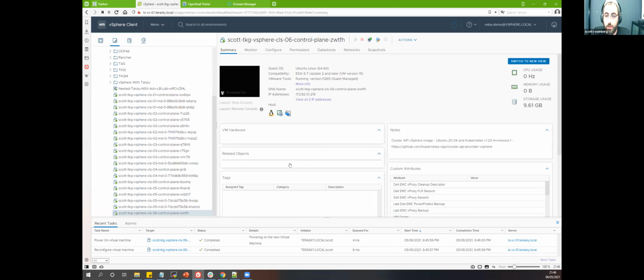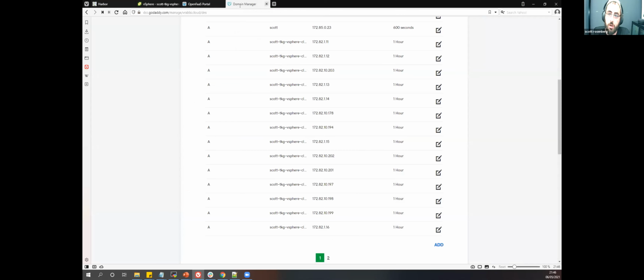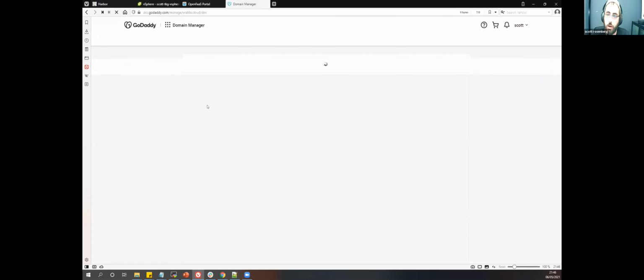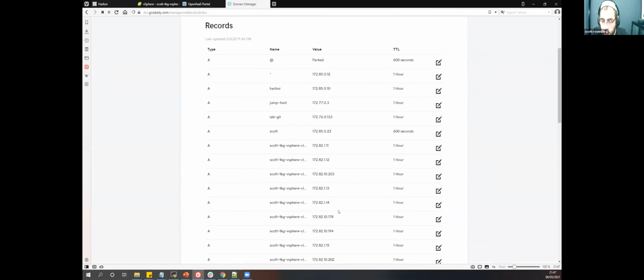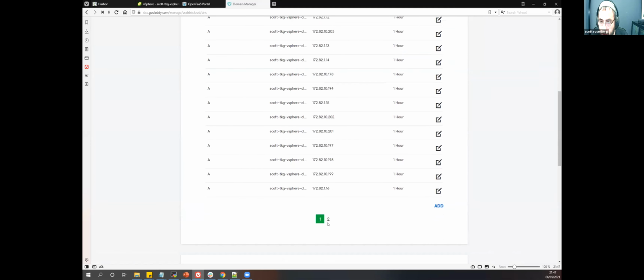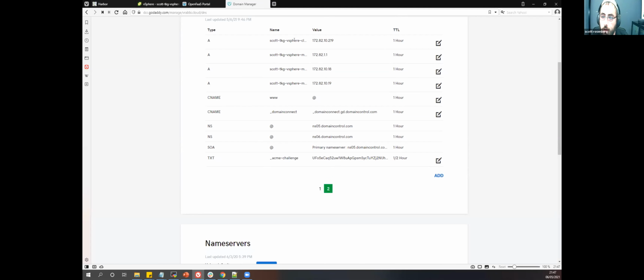And automatically when this VM was created, the tag will come up in a moment. And if I refresh my screen here on the DNS, we'll see that a DNS record should be created once this gets an IP address, which it did. So that should be 219. And if the demo gods are with me right now, which I don't know if they are, but I hope they are. And there we go. We have our 219 DNS record, which is automatically created. Same thing goes when we delete our clusters.